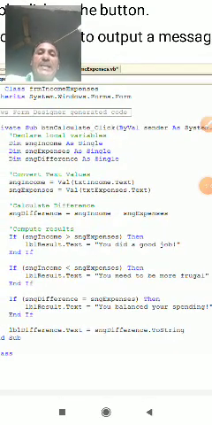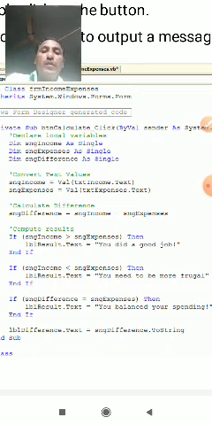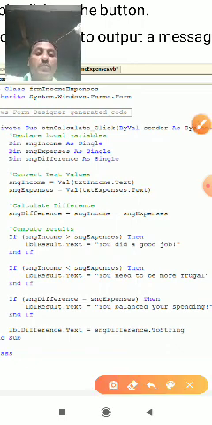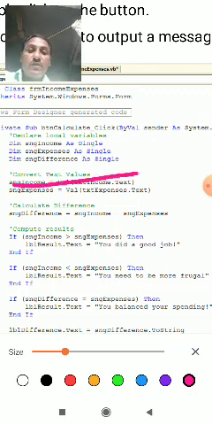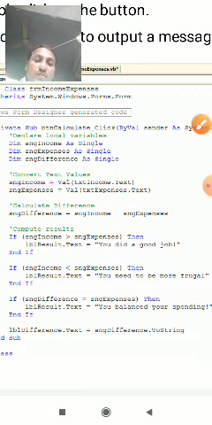Declare local variables: Dim income As Single, Dim expenses As Single, Dim difference As Single. Convert the text value.